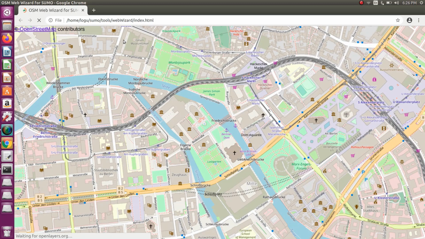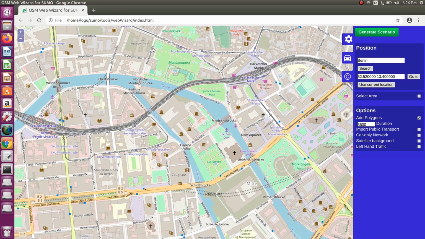If you press enter, the browser will be opened automatically. The browser window will open, and it shows the map of all the places.